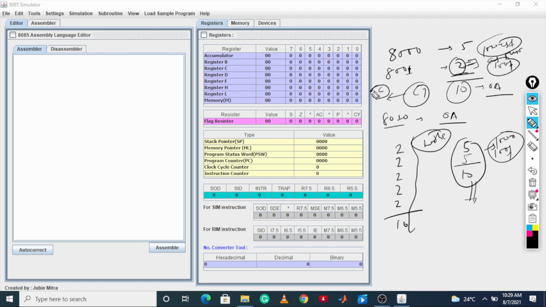So we are going to start writing our program. Now let us write the program. I am going to move immediate C with 00, which means I am clearing my C register with 00, and I am clearing A also with 00. This is the command that we have given. Now I am loading my number: LXI H with 8000, where the first number will be stored.